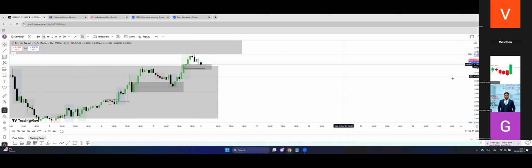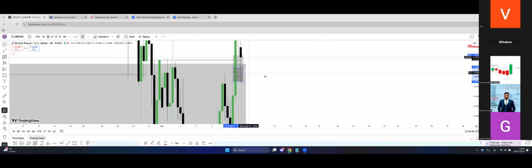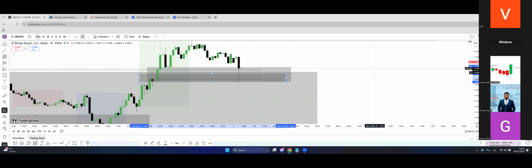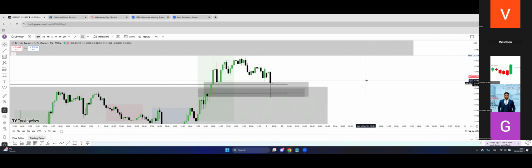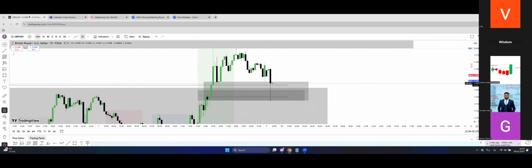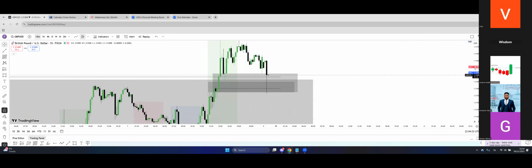So what do we have? A 1 hour fair value gap right here, and we have a 4 hour fair value gap in the same place. And we have a 15 minute area right here that has not been mitigated. Price is respecting all of that. So I expect price to keep going higher from here anyway. Because 11 now, price will open fully in 6 minutes.